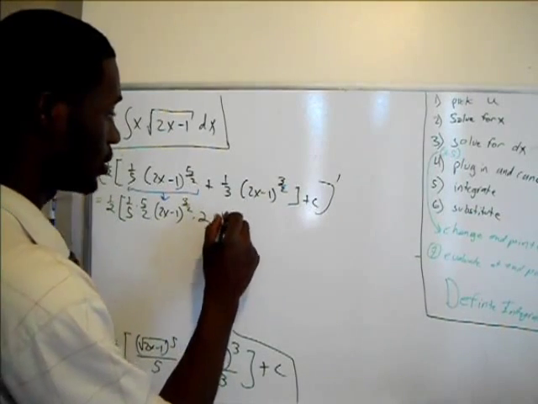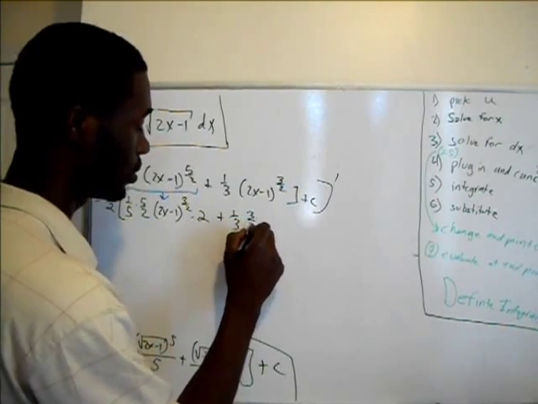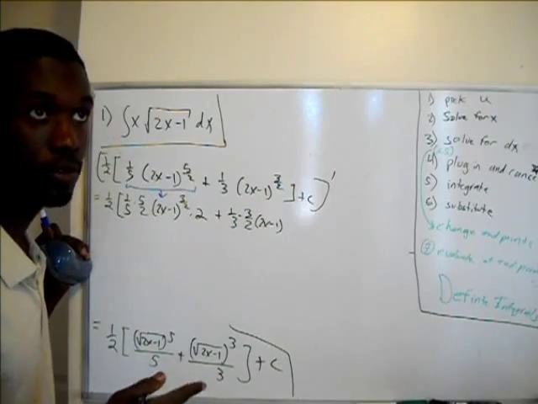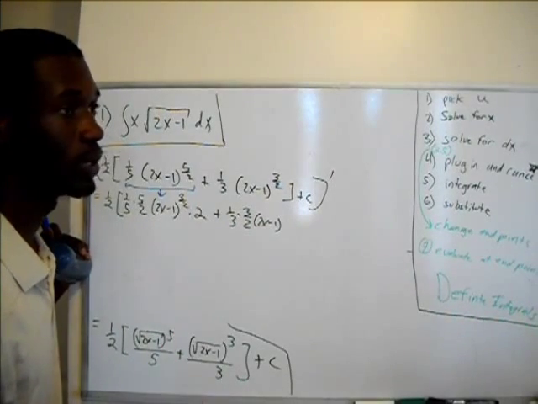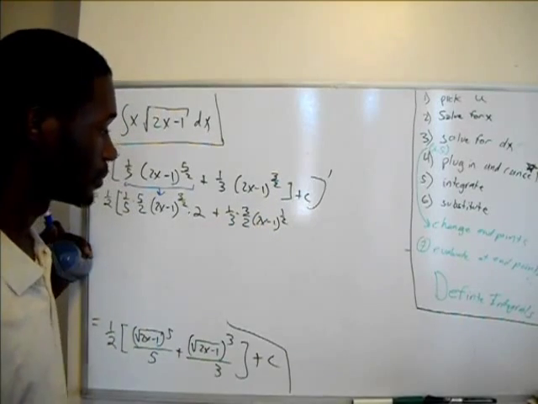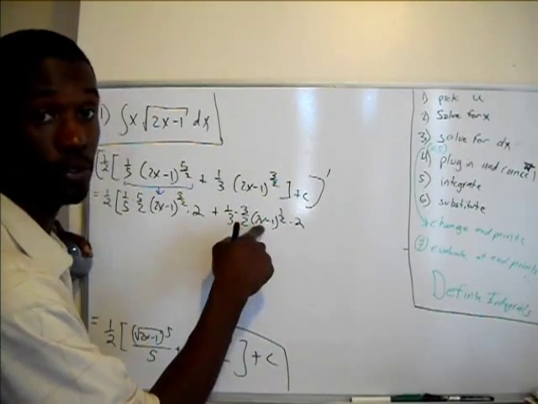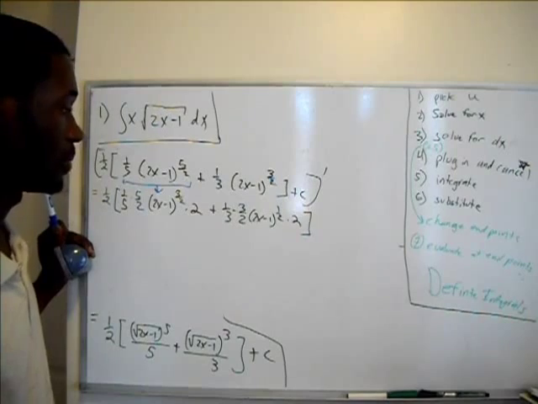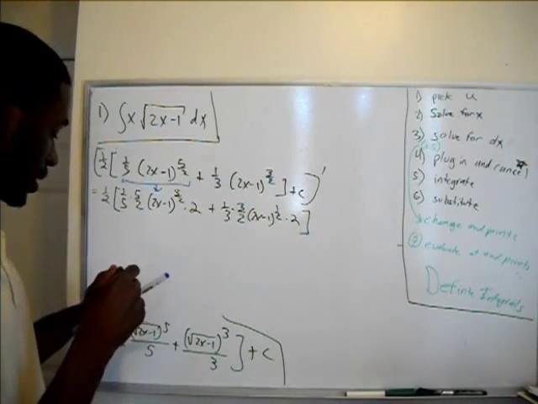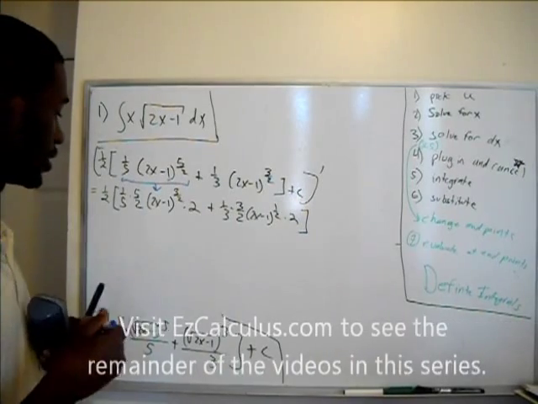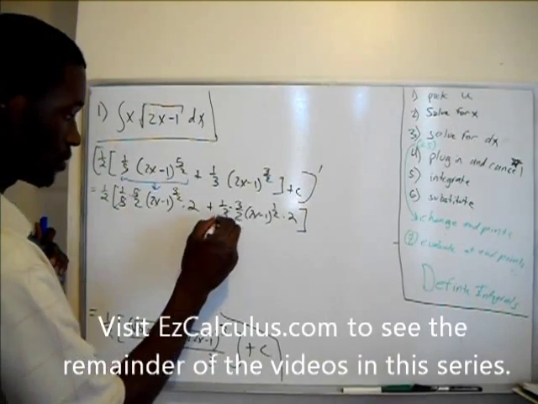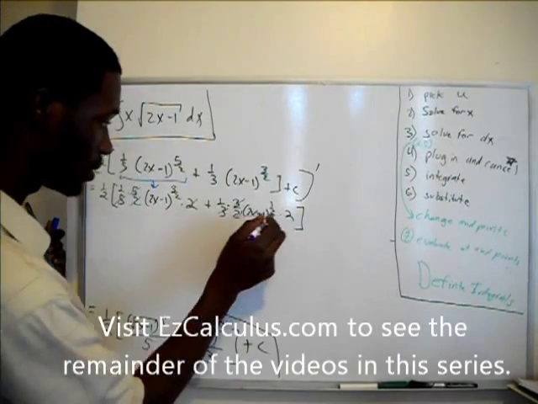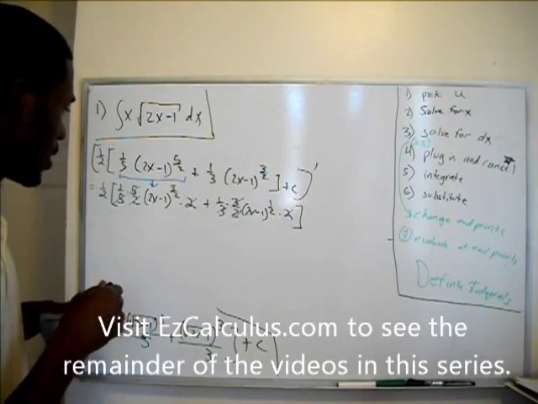Okay, so now let's do this part. It's going to be 1/3 times 3/2, because I'm taking the derivative of the outside, 2x minus 1 to the 3/2 minus 2/2, which is minus 1. Minus 2/2 is just going to be 1/2, times 2. Got to remember that times 2, the derivative of the inside. And close my parentheses. The derivative of c is just 0. Okay, so now I have some nice little cancellation going on: this 5, this 5, this 3, this 3, this times 2 divided by 2, this times 2 divided by 2. So now I'm left with